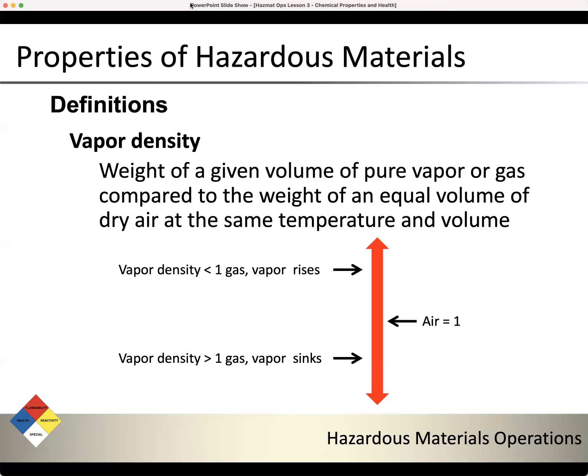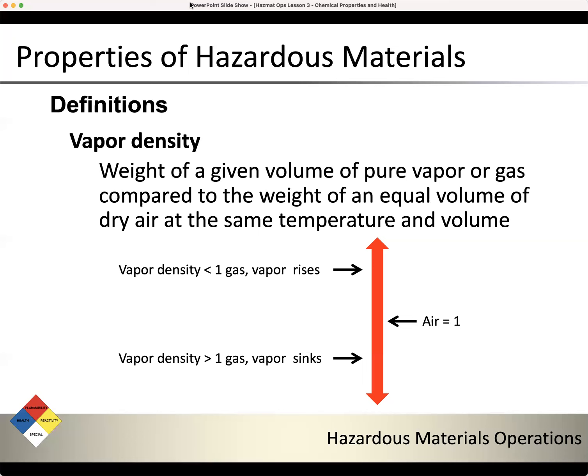It will rise. So if there's a methane leak outdoors and it's free to vent to the air, that's great. It's just going to rise and rise and rise and go away. The danger with that comes in if it gets trapped somewhere, but also the area immediately surrounding the release, the opening, could have concentrations within its flammable range. So we still need to be careful around it, but it's a better situation than with, for example, propane,